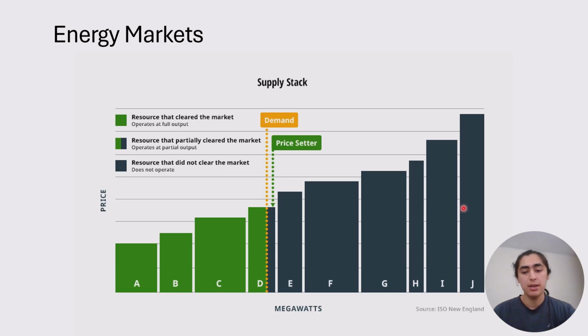This is how energy markets work. You have here labeled A through J, different bids by producers. So this is one producer bidding this much energy, this many megawatts at this price. These bids are determined by the marginal costs facing each producer. So the producers that have the lowest marginal costs will bid the lowest with some markup so they get some profit. And then those that have the highest marginal costs will bid the highest.